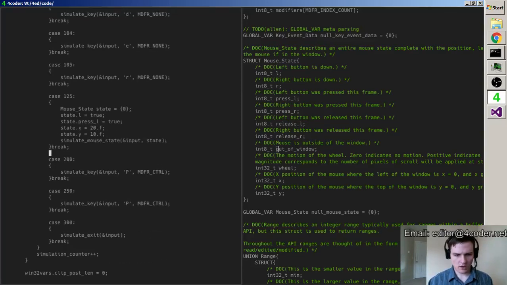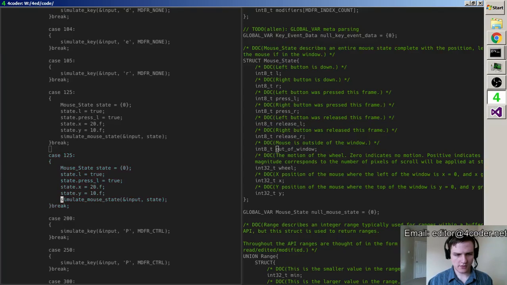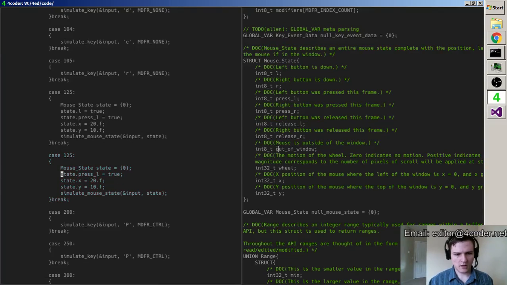Alright, and then I suppose I should match that with this. And you can see how getting it correct, I have to pair that up with this on the next frame if I want to just simulate a single press of the L and no hold. And this is one of those things where what I'm really going to want is a slightly higher level API, I think, that allows me to simulate that.